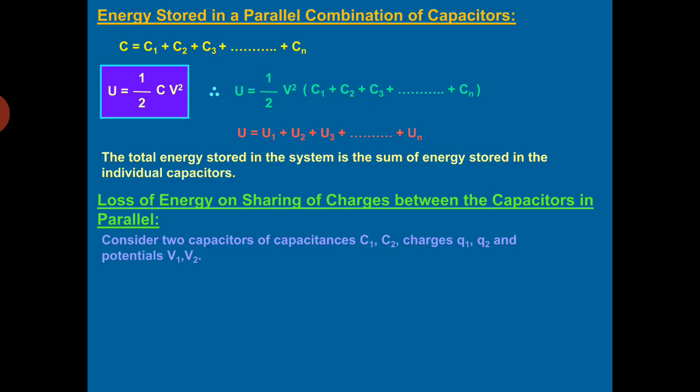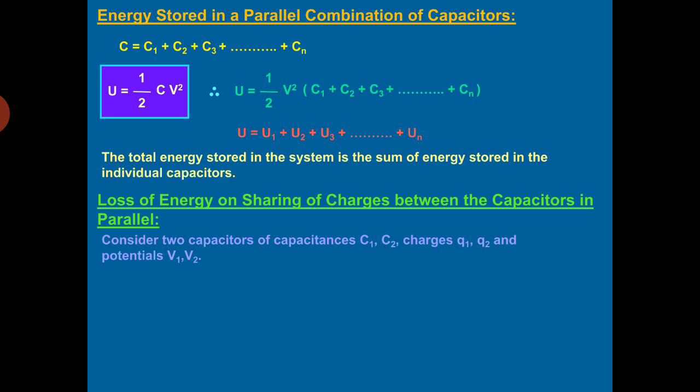Now they are connected by a conducting wire. What will happen? The potentials of the two capacitors are different. So definitely when these two capacitors are connected by a conducting wire, charge will start flowing through the wire from the one at higher potential to the other at lower potential. This flow of charge continues till their potentials become equal, or you can say a common potential is obtained. The equal potential of the two capacitors is called the common potential.